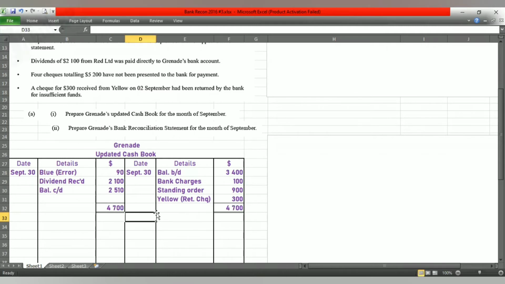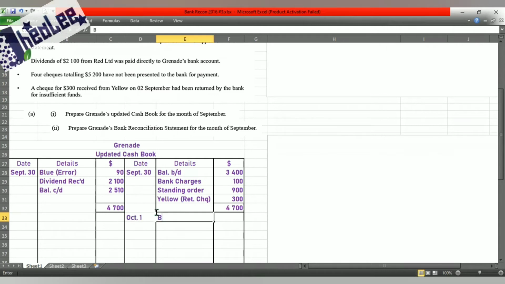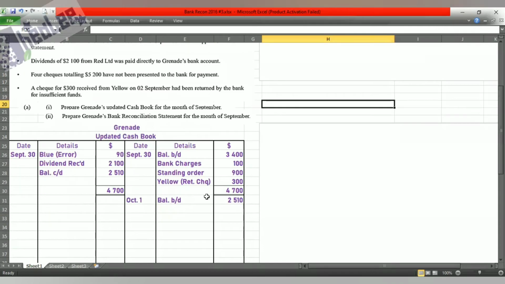After entering your total, you enter the balance brought down, and that is October 1st, balance BD, and the amount is $2,510. Based on what we're seeing after entering that balance, we would notice that there's an overdrawn balance in the bank account. Remember the updated cash book, all we're showing is just the bank account because that's all the detail that we really need to do our bank reconciliation statement. And there's an overdrawn balance of